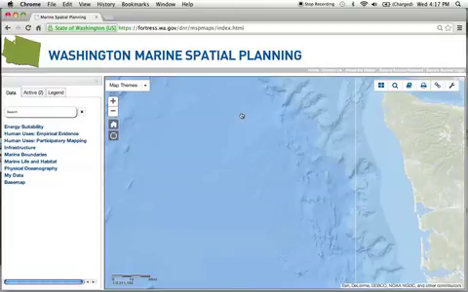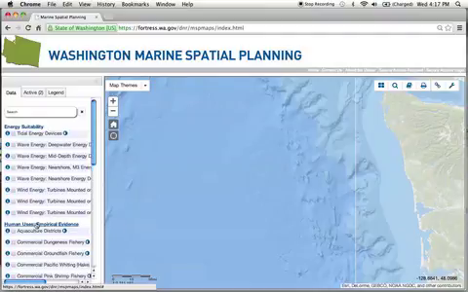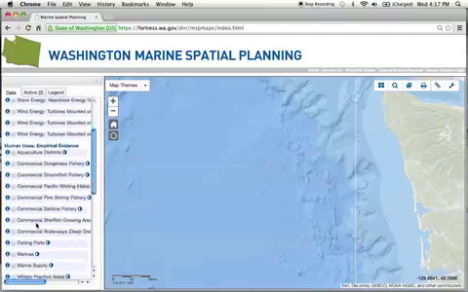So this is the interface for the mapping application, or the MSP data viewing tool. Let's talk about the tabs at the left. On the data tab, go ahead and open some of these different categories by clicking on the category label. You'll see a drop down of data appear with specific data layers that relate in some way to the data category labels. So under human uses, there's a list of data layers that document human activities such as shipping